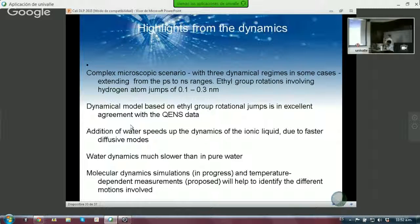We found that the addition of the water is speeding up the dynamics of the ionic liquid due to faster diffusive modes, whereas the water dynamics, while in the mixed system, the water, as we've seen, is moving much faster than this large imidazolium cation. Still, it's much slower than in pure water. So adding water to the ionic liquid